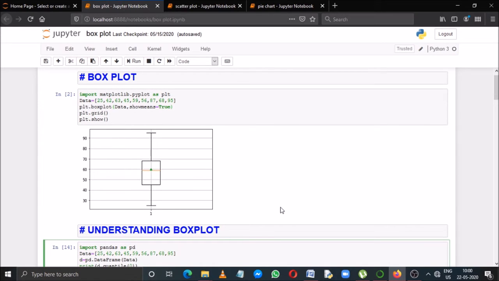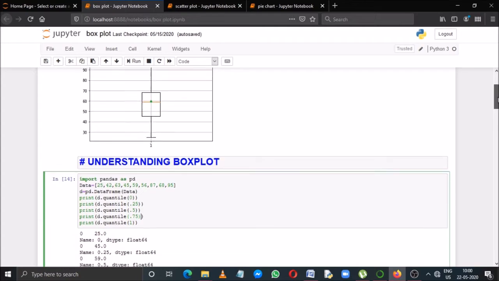If you draw a box plot, it is nothing but an indicator of 5 different points. First one is its minimum value, second is its first quartile, then the median or the second quartile, then the third quartile, that means the 75th percentile, and the maximum value. So these are the 5 different points that will be indicated through a box plot for a particular data set.